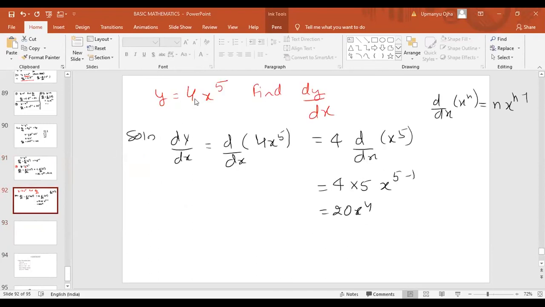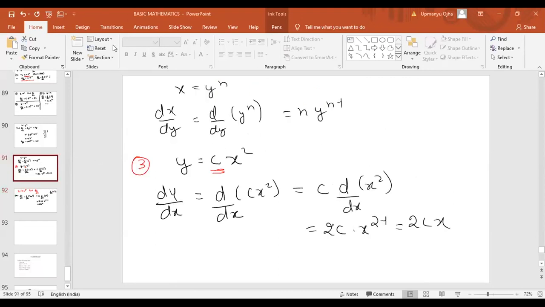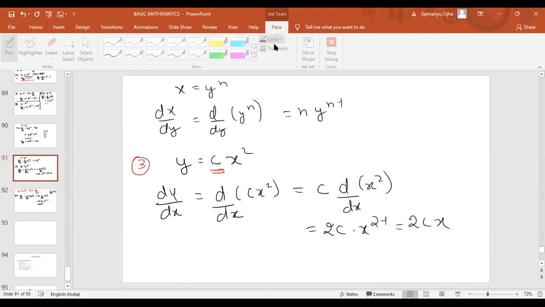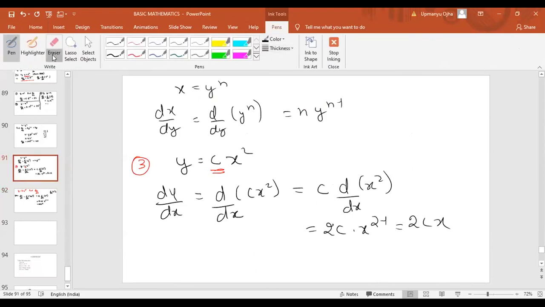Y equals 4. The constant can be anything, 1, 2, 3, 4, 5, 1.5, 2.5, 6.5, any value, except a function of x. Then you take the constant outside the function of x, and then we can easily do the problem. That is the third rule. I have just taken this example. It can be any value, it is not only x square, any generalized value, like x power n. Then what would the answer be? If I take any constant multiplied with x power n form like this, then what would it be?